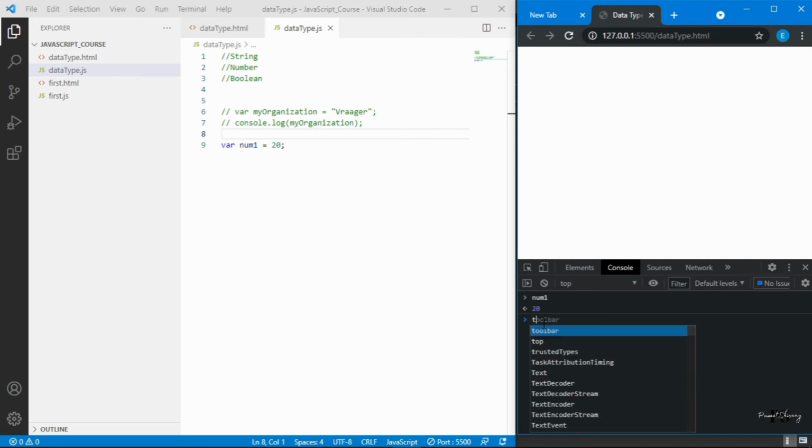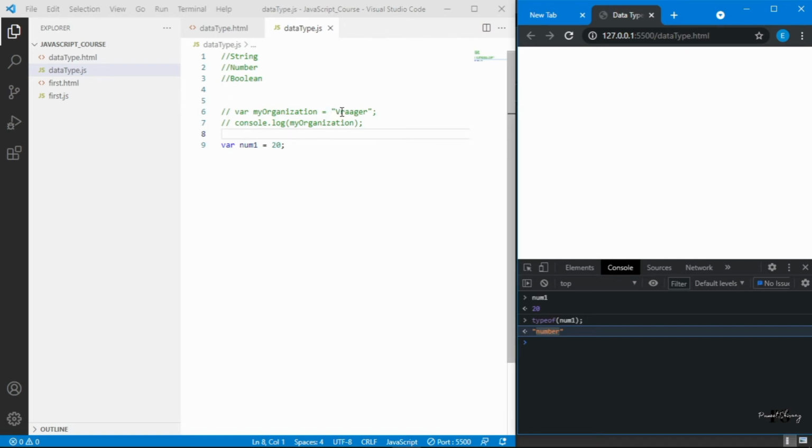If I print the typeof num1, what is it? num1 has a value of type number. So these are called data types.